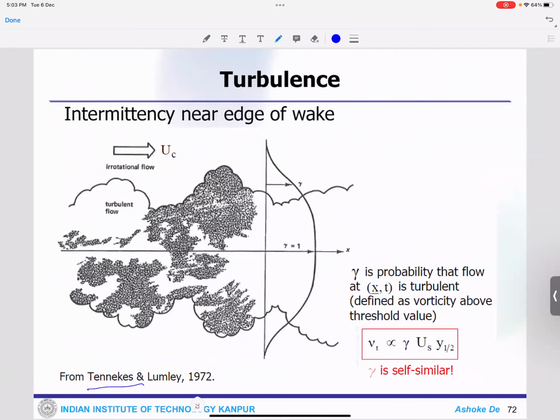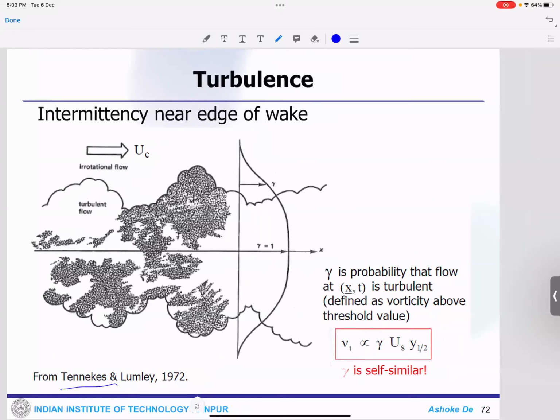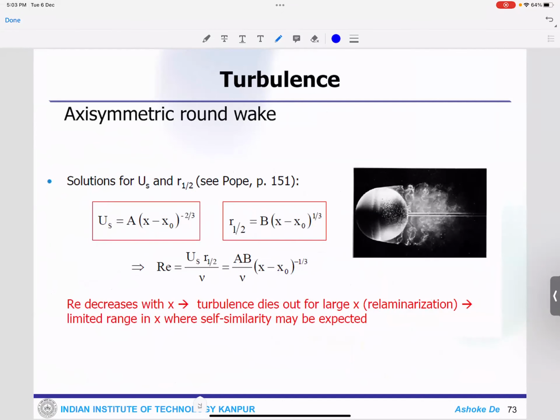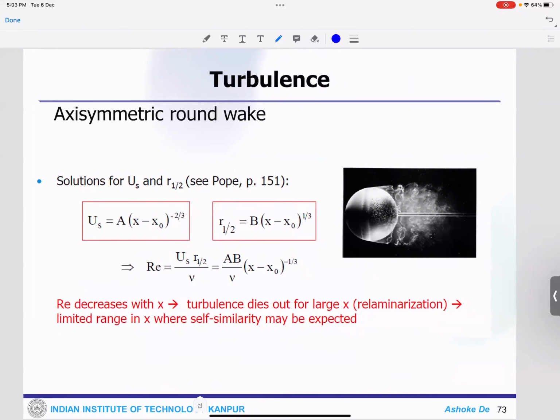So this is a very nice book. One can read it like a story, and you can see how these things work. So this is another asymmetric wake around the round jet. It is not necessarily the case that for a particular similar geometry you can have a symmetric wake. So this may not be the situation, because